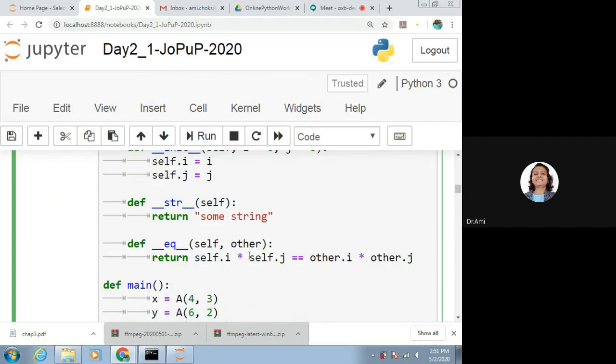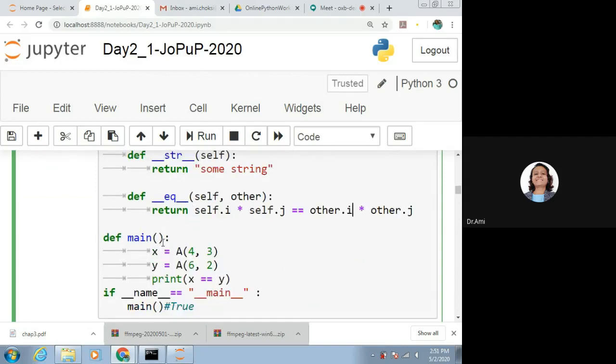So how do we test it? Def main. As such there is nothing like a main method in Python, but as we are habitual of using the main method in C and Java like languages, here we have written def main. So what is the implementation of it? x is equal to A(4, 3). We are making the object of A and passing the parameters 4 and 3.